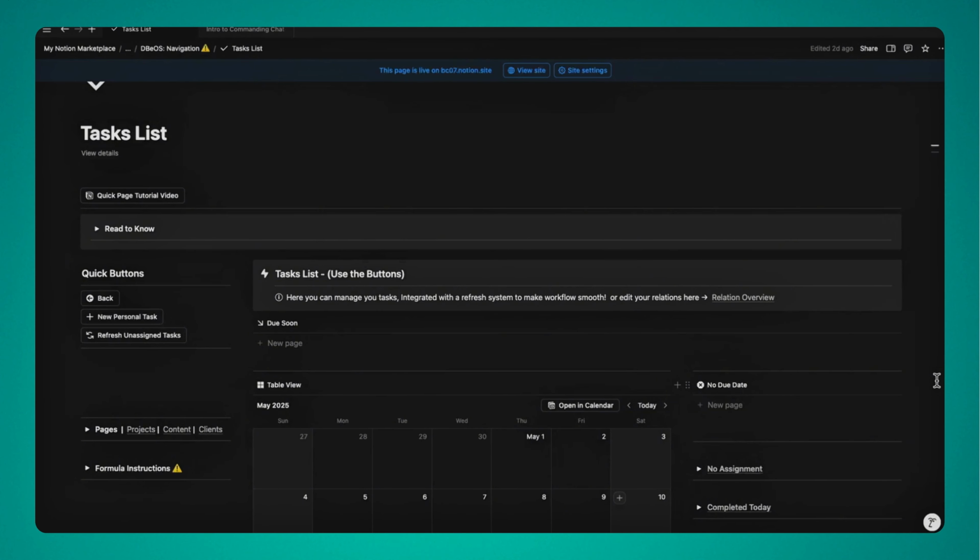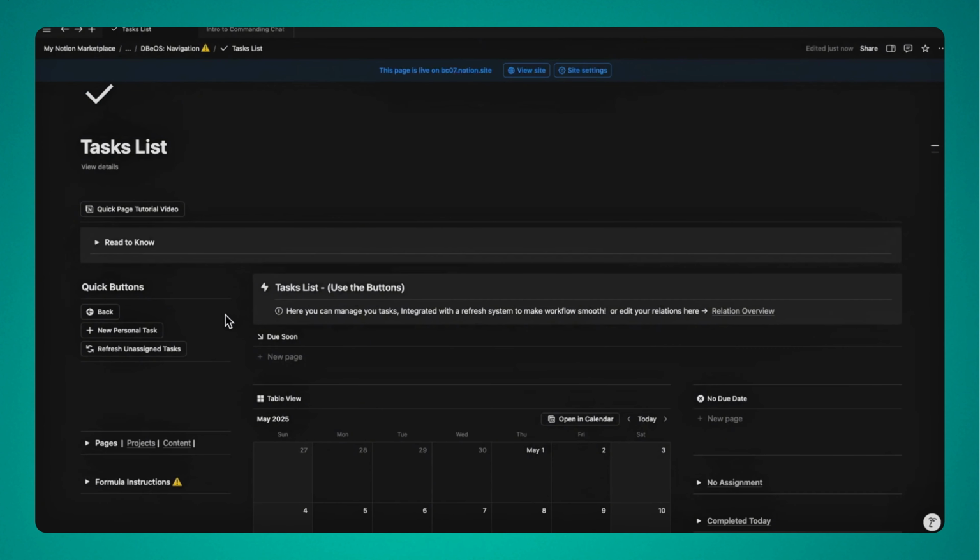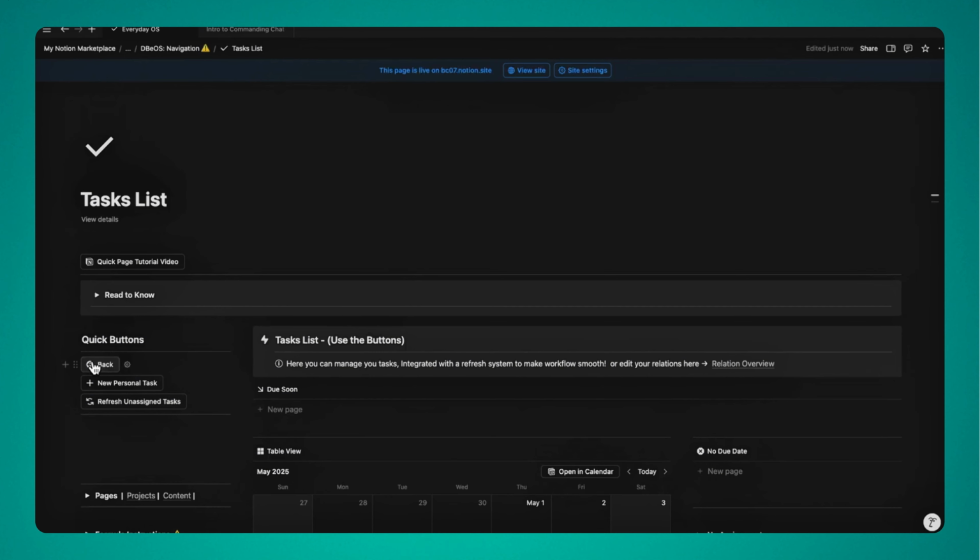I found that using Notion in the past, I've had stuff get lost in databases. Really make sure that everything is in the right place. And if it's not, it's going to be in that no assignments page. Now, if we just scroll back up to the top, we get another button, and I'm going to show you